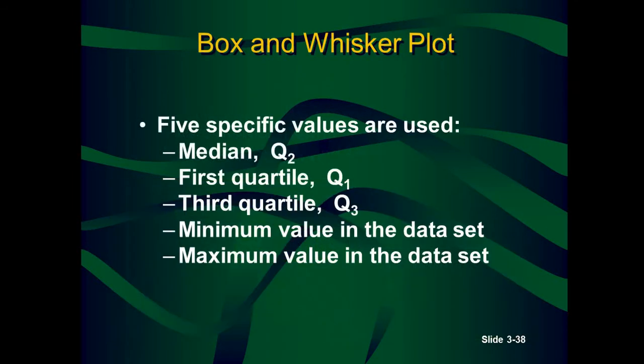So for plotting a box plot, we need 5 specific values, which are the median, which is nothing but Q2. Why is it the median? You already know, when we arrange the data set in ascending order, whichever middle value you get is your median. You can verify it by taking some data set, and you can compare that it comes as Q2. The first quartile is Q1, the third quartile Q3, and the minimum value and maximum value in the data set. So whenever you are interested in plotting a box plot, you are interested in these 5 values.